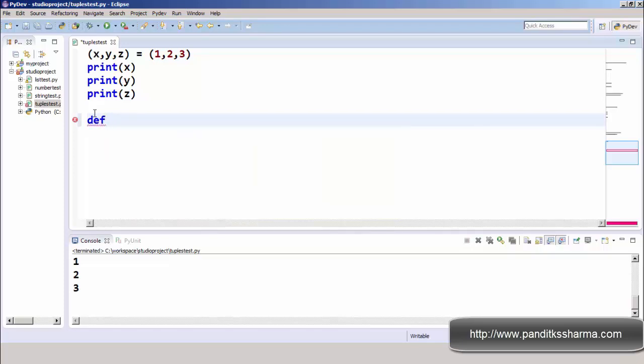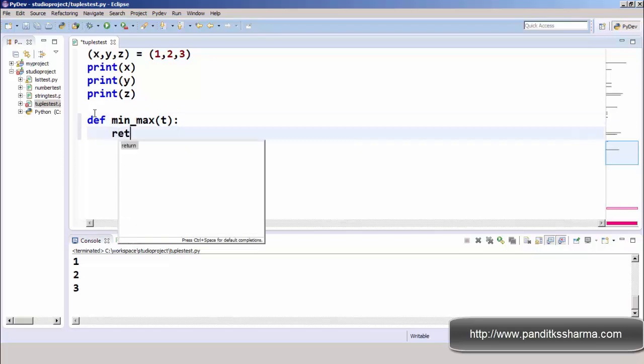This is also a keyword in Python, and I will let you know about functions completely in the next sessions. So no need to worry, we just have to look at how we can create the function. The function is minmax. This function will return the minimum number and maximum number in a tuple. So I will pass one variable here, a tuple, and it will return.